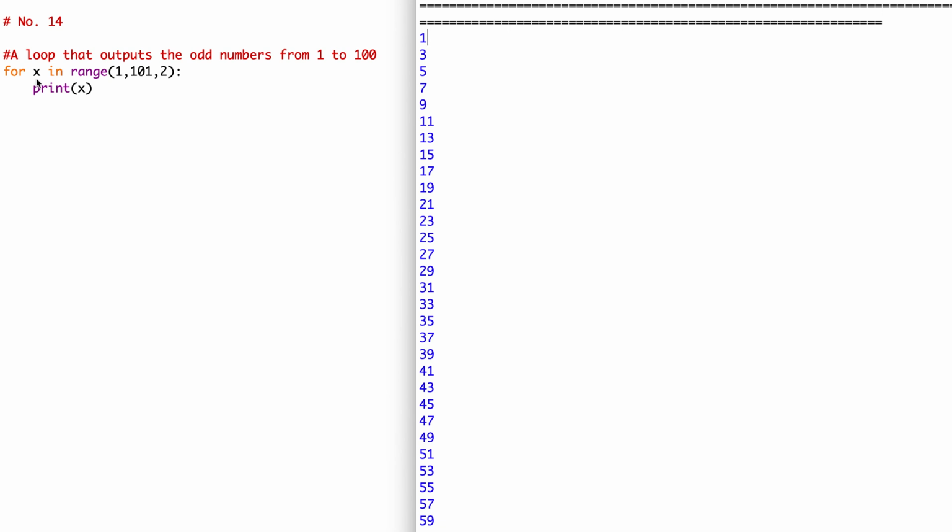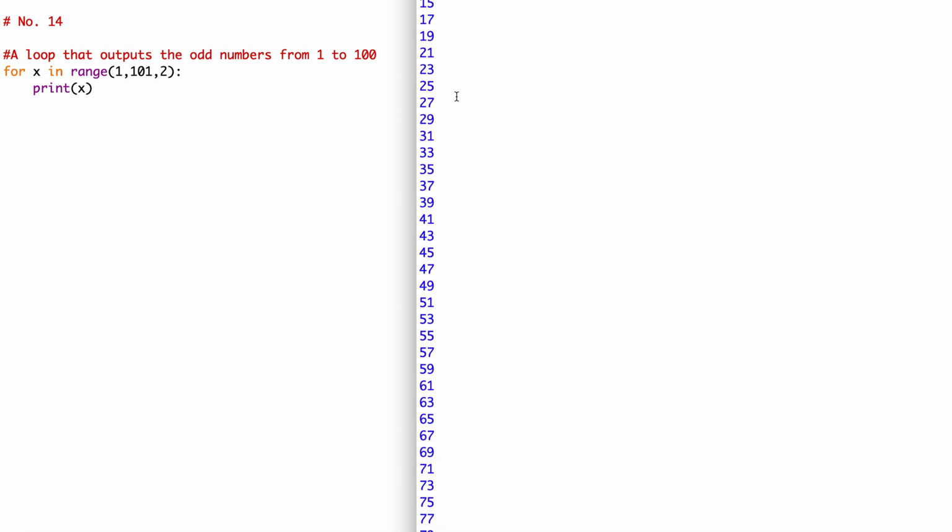Now the second value of x is 1 plus 2, which is 3, and that's 3 here. The third value of x is 3 plus 2, which is 5. The fourth value of x is 5 plus 2, which is 7, and so on and so forth until you get to